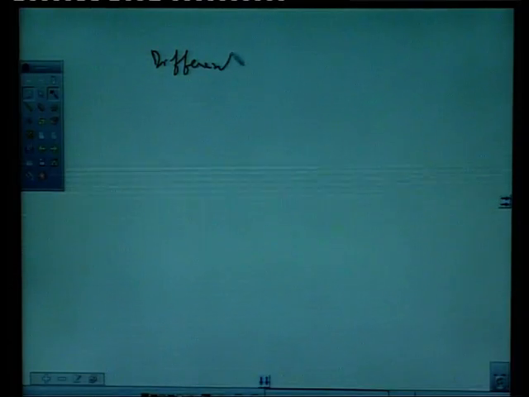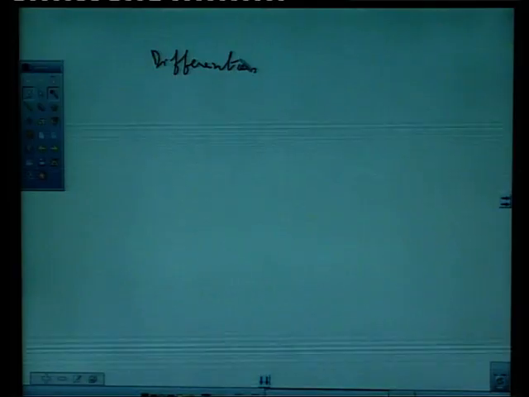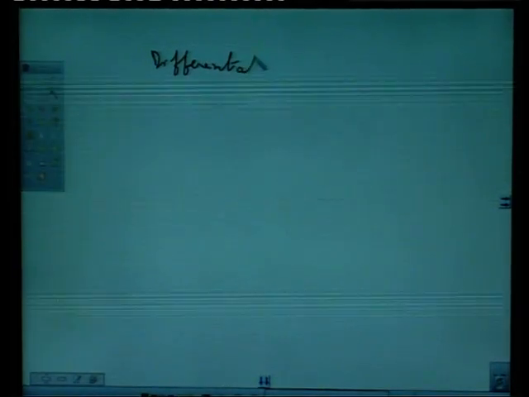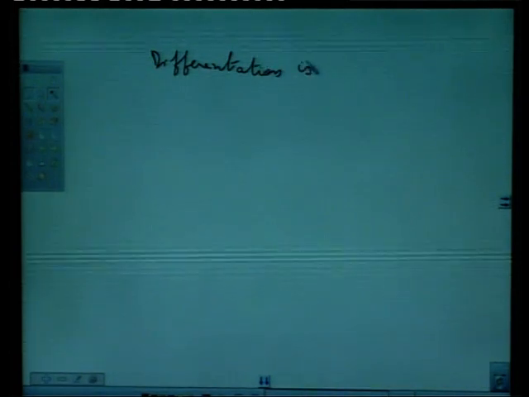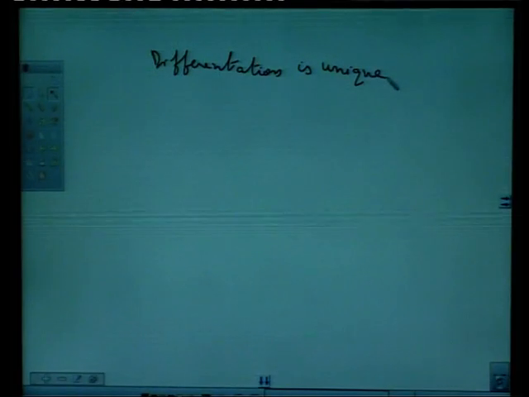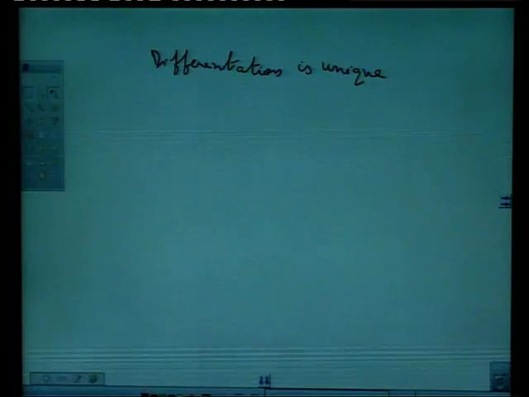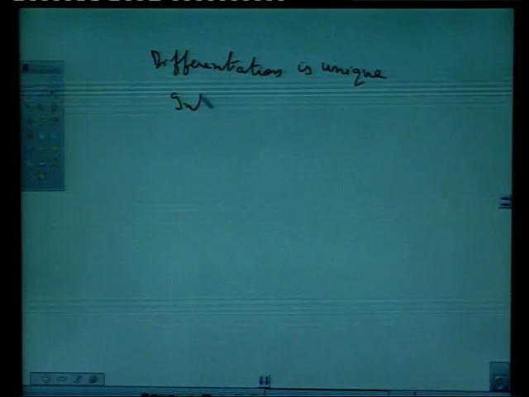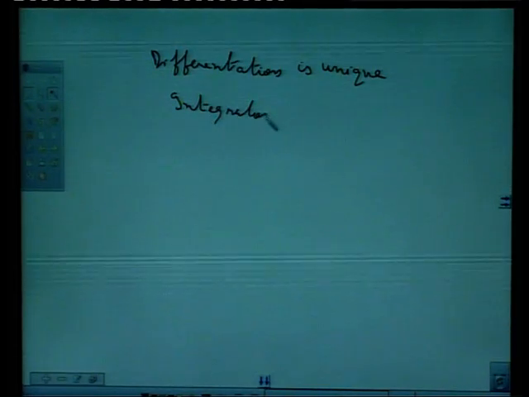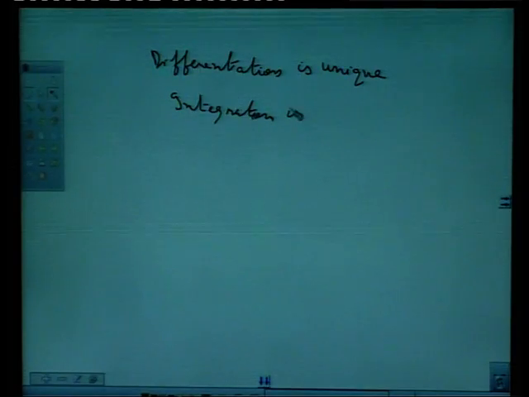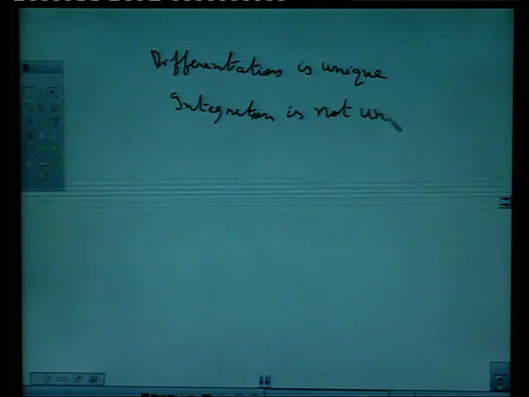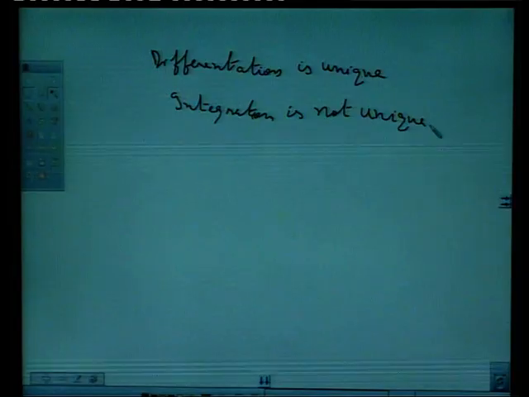Now, differentiation is unique if the derivative of some function exists, but integration is not unique. As we may take an example,